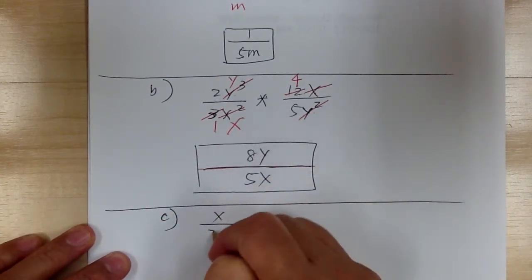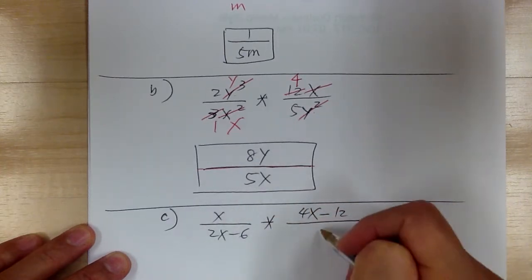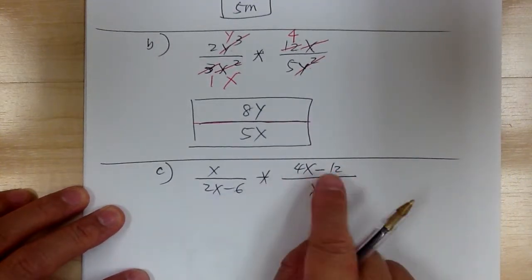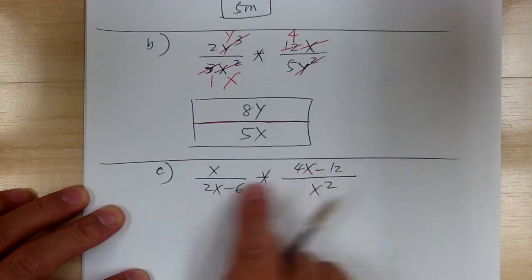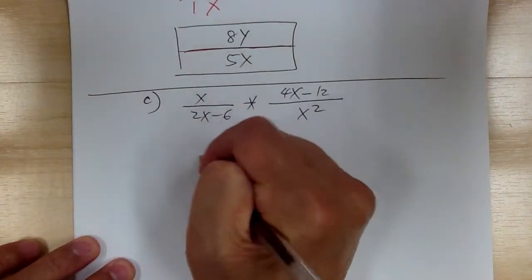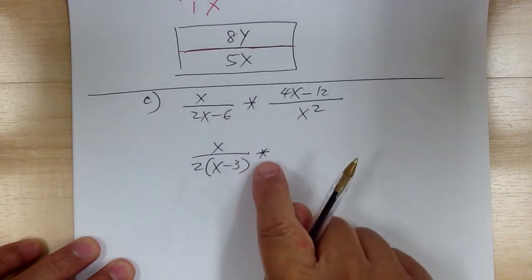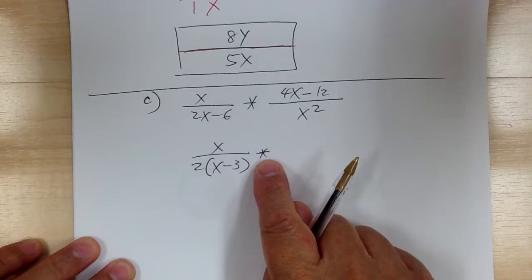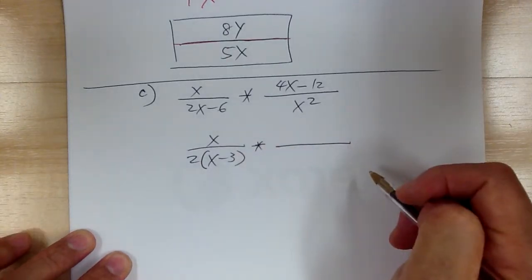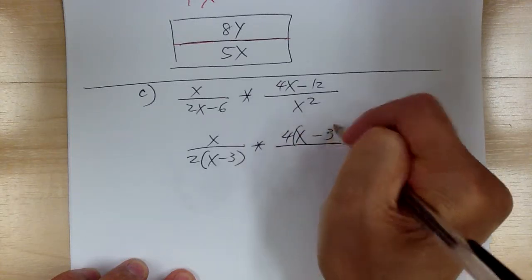You have x over 2x minus 6 times 4x minus 12 over x squared. So when you have a multiplication, or divisions, either way, when you see terms, the first thing you have to do is think about factoring. Okay? As soon as you see terms, think about factoring. So you got x over, this can factor out the 2, so you got x minus 3. Now you want to use a star or asterisk to do the multiplication. Don't use a cross because it looks like a variable x, so it can get confusing. So over here you can factor out the 4, so you got x minus 3, and you got x squared,